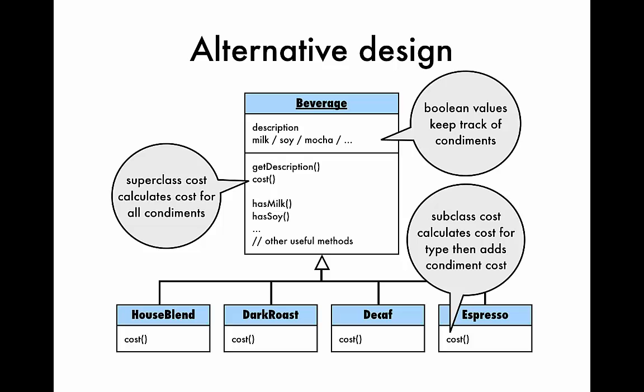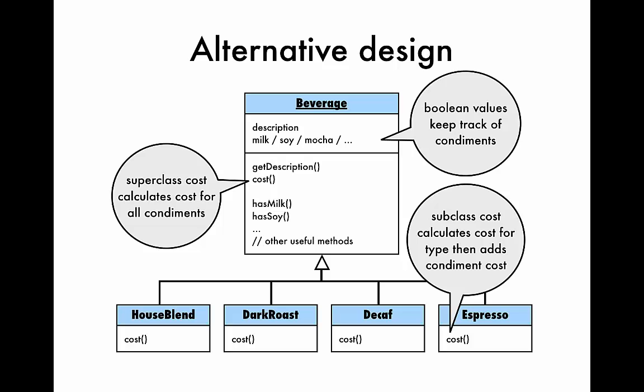So the developer settled on another approach. The developer used Boolean variables to keep track of the condiments that would be included with each beverage. The cost function of the abstract beverage class simply held costs for each condiment. Individual condiment costs were added to the total cost only if the Boolean for that particular condiment was set to